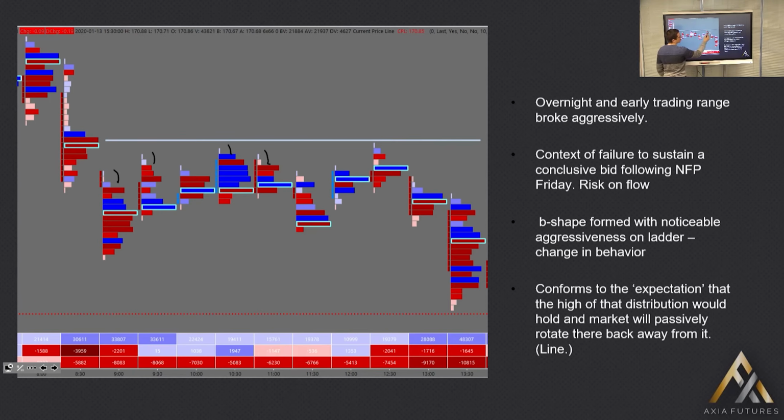Essentially, we just have a finished auction. No one's interested in trading, comes back down. And then on the flip side, whenever we do come to the lows, we start building more volume. There's more interest being done lower than higher. And as I said, if you're watching this on the ladder as well, you could tell that there was noticeable aggressiveness to just sell, and there was a change from a meandering, range-bound action to just very quick, aggressive selling,